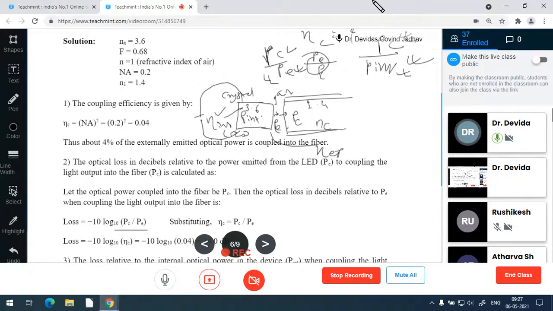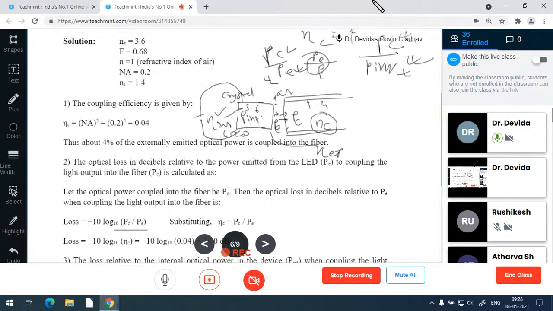So power emitted. Out of these 2 photons, the coupling efficiency applies. Out of these 2 photons, some photons, 1 photon or a fraction of a photon, will be coupled into the fiber. So look at the scenario, how inefficient it is. That's why alignment, proper matching of the material, guidance matching, increasing the internal efficiency, increasing the coupling efficiency, then issues in the joints, couplers and connectors, these are very important.